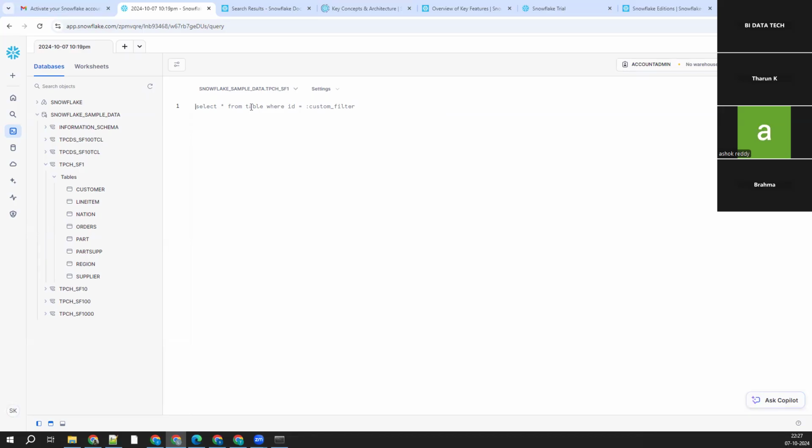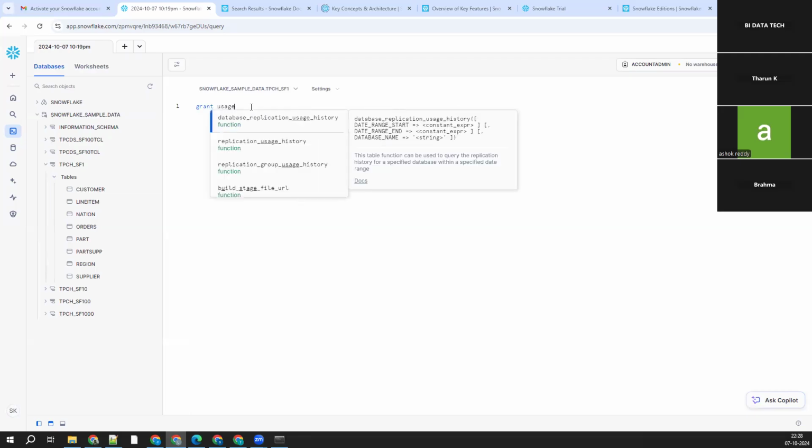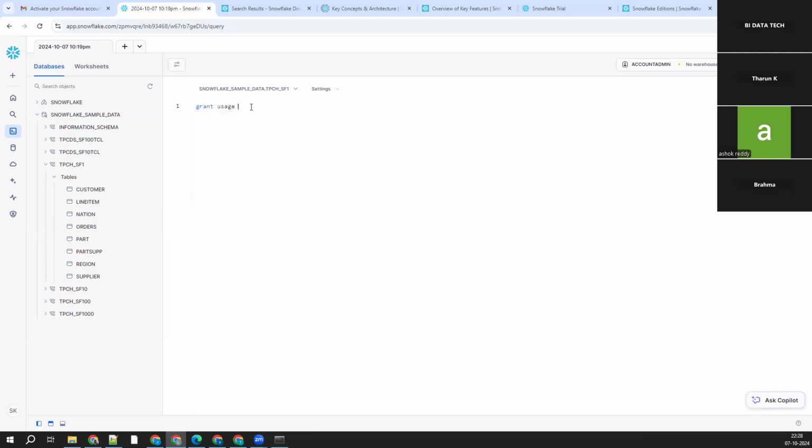Don't worry about what command I'm writing here. You will understand all these commands in the course. Just try to observe what I'm doing here. You don't need to memorize anything here. It's plain English language only. Okay. Now what I'll do is grant. What access do I want to give to the sysadmin? Usage access. Grant usage on warehouse. On which warehouse? What is that warehouse name? Compute underscore warehouse. To whom do you want to give it? To role. To which role? Sys